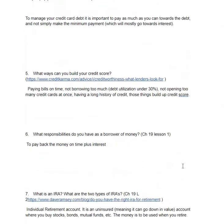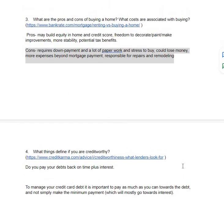Now, pros and cons of buying a home. So, pros, you could, and most people do, build equity in their home as they live in it and make payments on it. And equity is just a percentage of the home's value that you would get were you to sell it. Okay, so if your home is worth